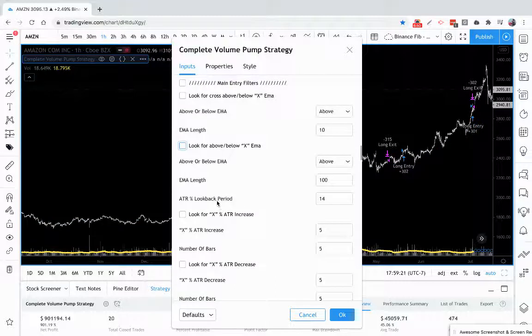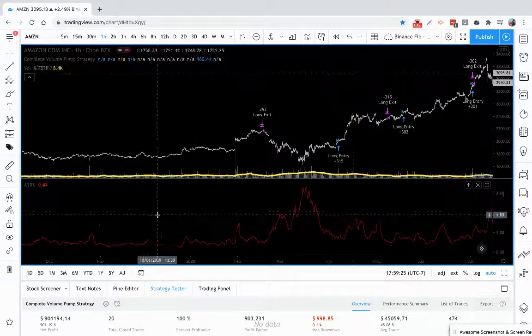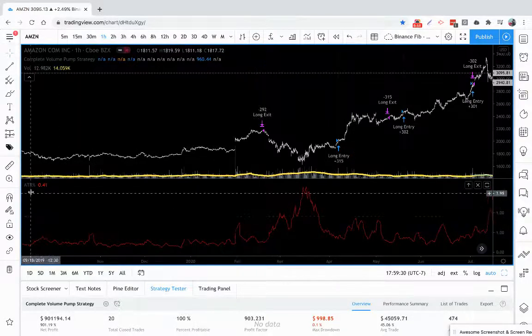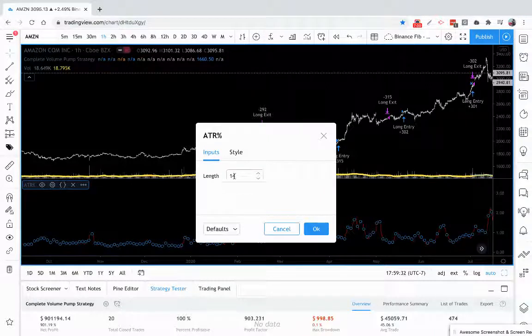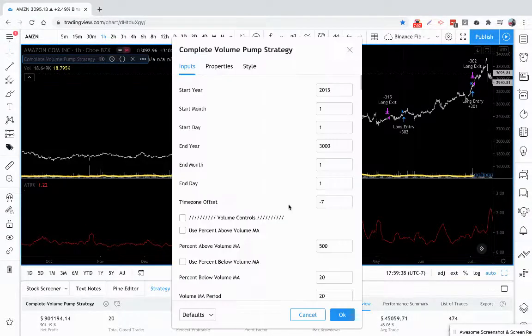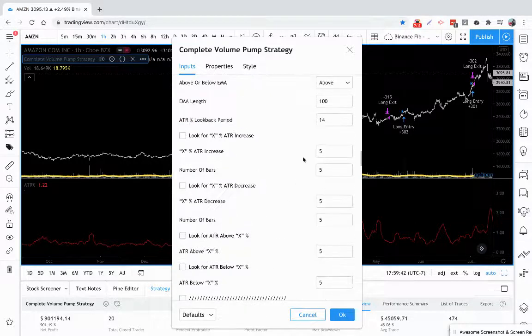We also have ATR look back period. Let me show you what that looks like. So I actually have an ATR indicator here in the chart just to show you visually. ATR percent, we're looking at a 14 period look back on that. So on our complete volume pump strategy,